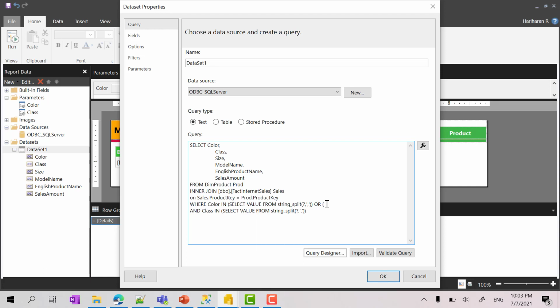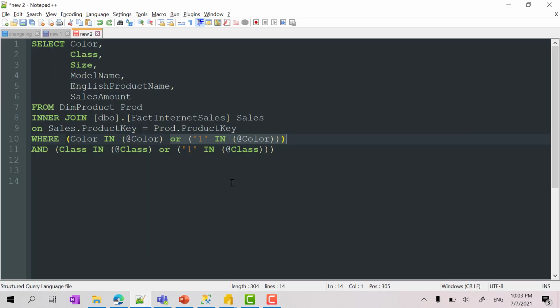So this is going to be string, so 1 in, and then question mark, and then close bracket, and then one more close bracket, open bracket. So the syntax is like here, if you are not passing any value, right, we have to make one of these statements true, right?